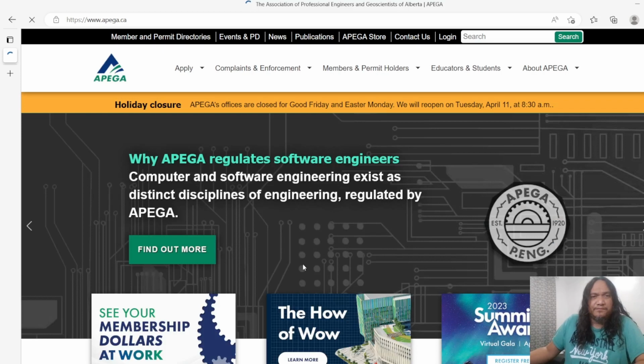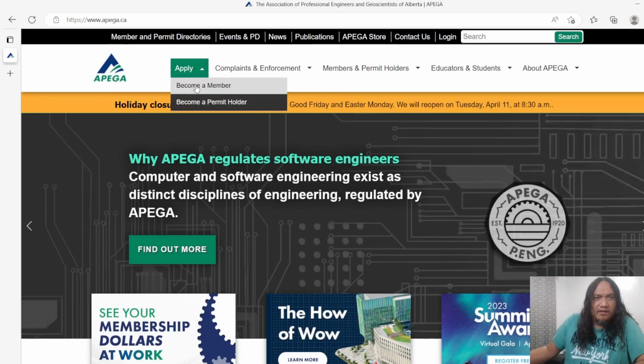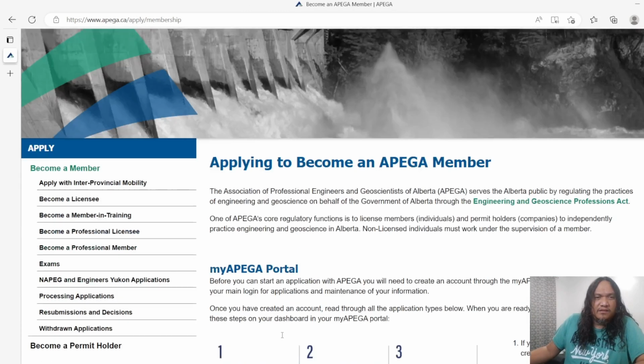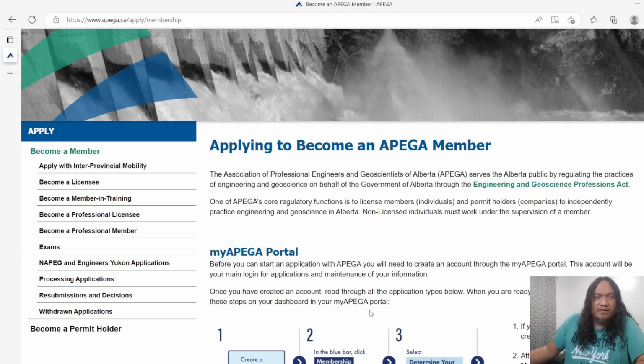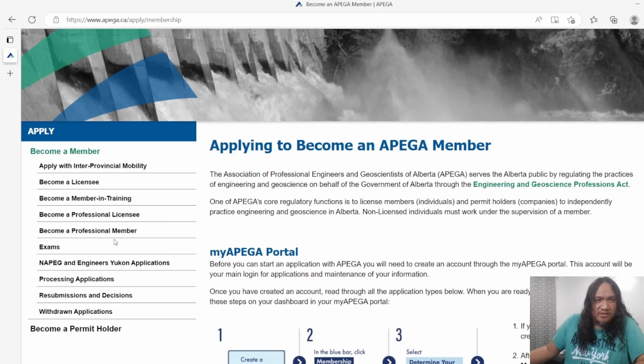If you click this one, you go to apply and then become a member. In here, there are different categories for application. We already discussed the professional member and member in training. Member in training is the engineer in training. It's a generic name because if you are a geoscientist, then you are a geoscientist in training, not engineer in training. So if you are, say, an immigrant to Canada, then you can apply as either a member in training or